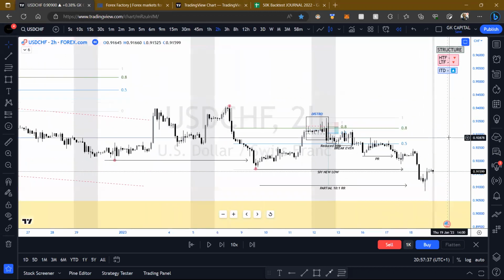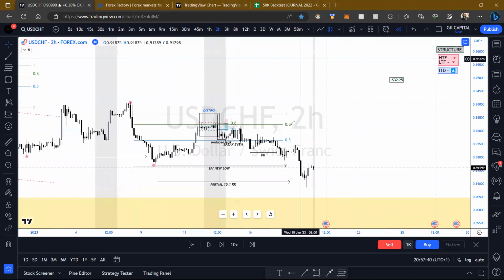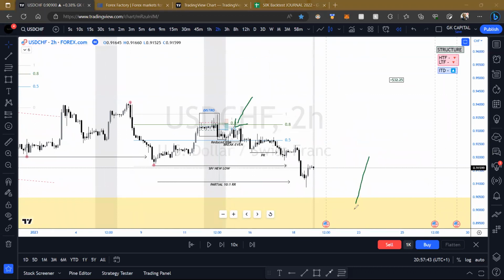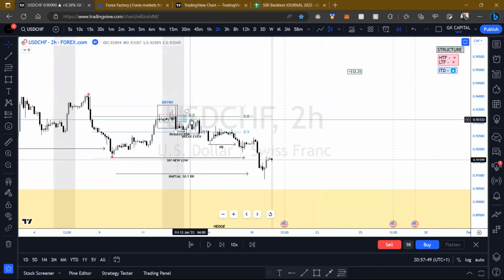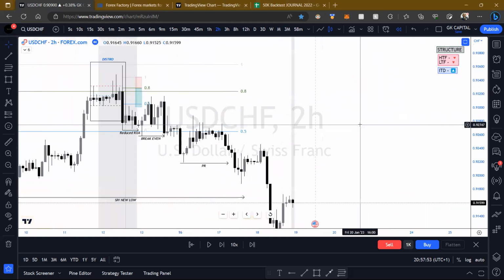Okay, cool. So let's see what else the market can give us. And again, going back to the drawing board, this is where I'm looking to sell. This is where I will be looking to buy once we go below there. So essentially, I'm not going to do anything except wait for price to come back up into here.